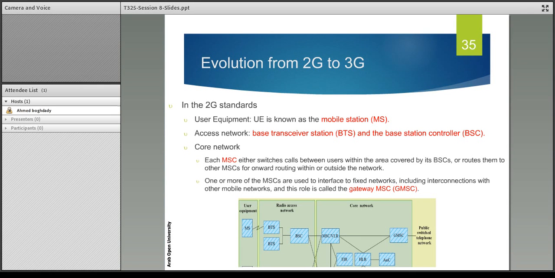and the base station controller can connect to the mobile switching center or visitor location register in the core network. In the core network, the mobile switching center or visitor location register can connect to the gateway mobile switching center and also can connect to the EIR,